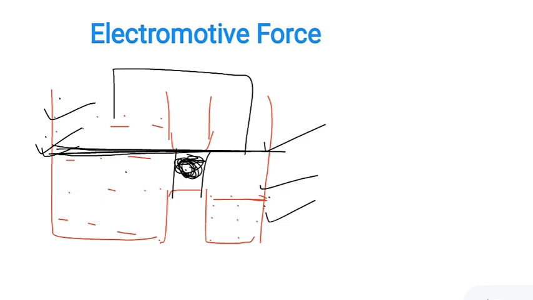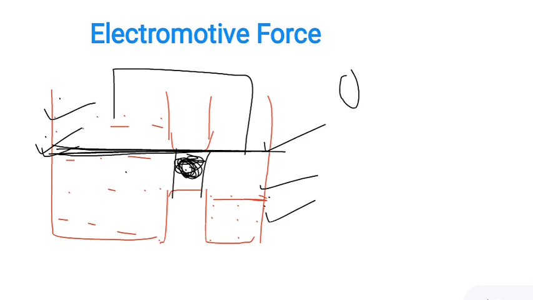Okay, so what is the necessary condition for the flow of water from one side to the other side? The necessary condition for the flow of water from one side to the other side is the pressure difference, a constant pressure difference or a finite pressure difference. Due to a constant or finite pressure difference, water will flow from one side to the other side, and this is the necessary condition for the flow of water. Now we can use a similar analogy for an electric circuit.